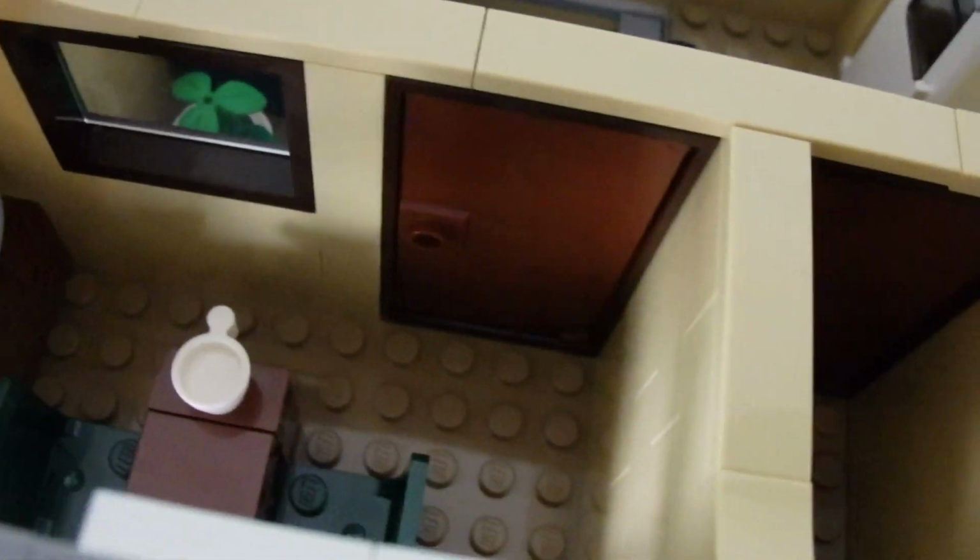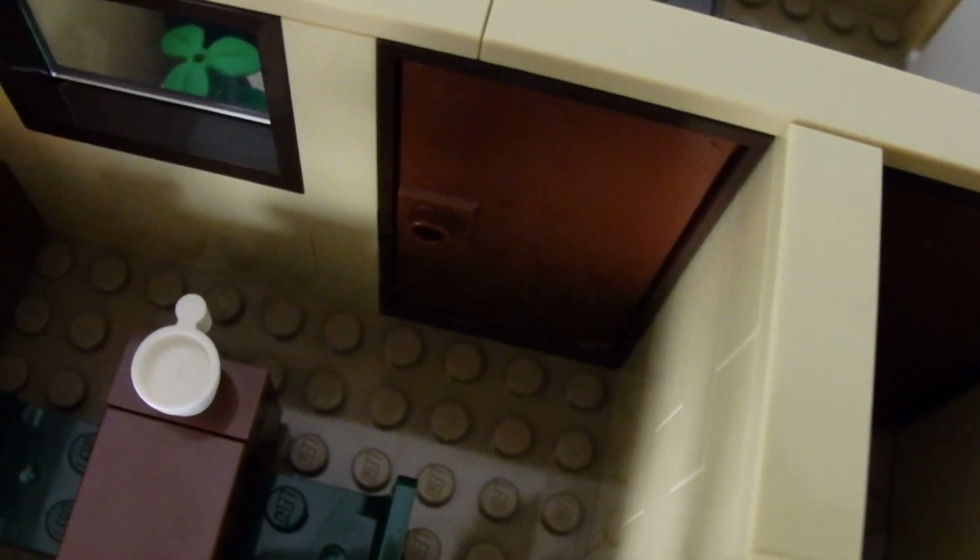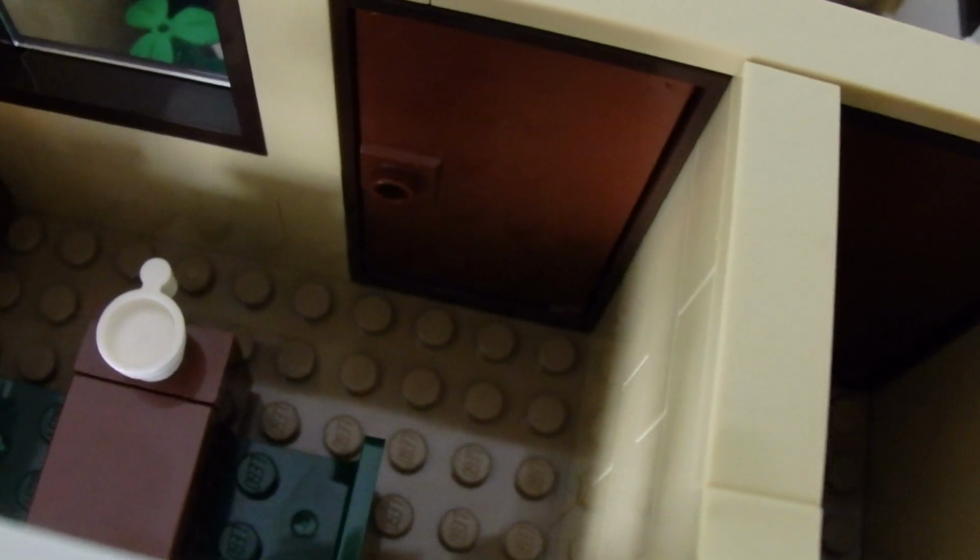For some reason I can't open the door. Oh, I just broke the roof. Oh no, that's to the pantry. At least I found out after I completely smashed up the roof. Whoops. There we go. Okay. Oh, okay, now that broke. Oh my god, I'm breaking everything. Okay,